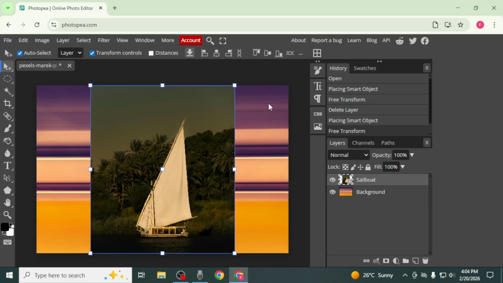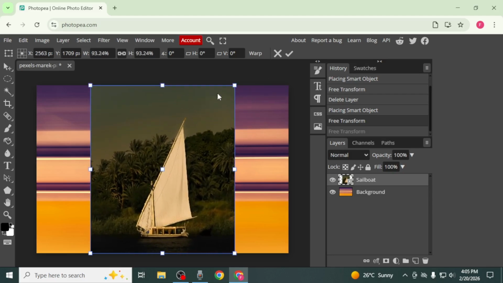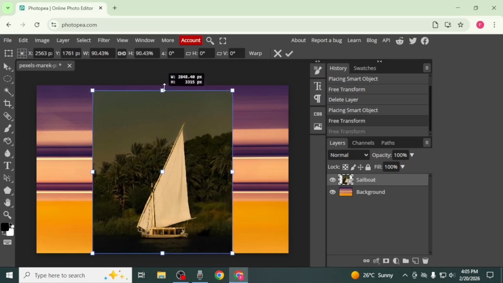Free transform has many practical uses. To resize an image, click and drag the corners of the layer using the control points. You can also drag the edges to adjust the size, but if you want to constrain the transformation to only